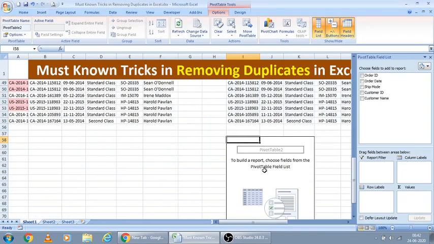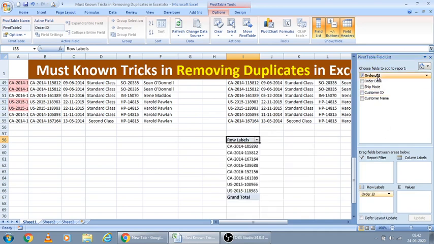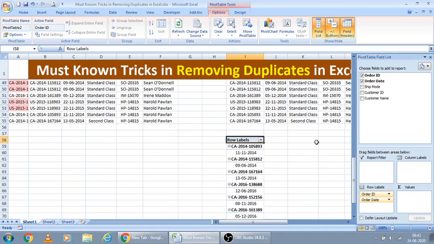Here we get the pivot table. By dragging these fields into the row labels, you can get all the unique records. Whatever column you have inserted in the row labels, that itself will give all unique records. If you want multiple columns, just drag all those columns for which you require the unique records.